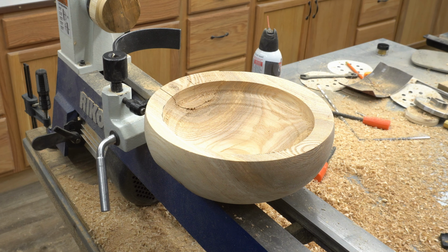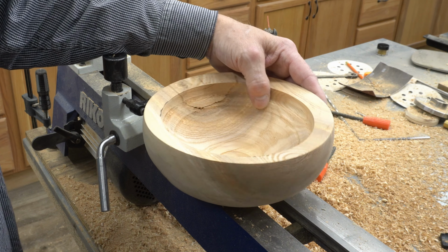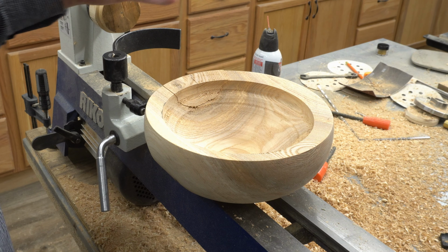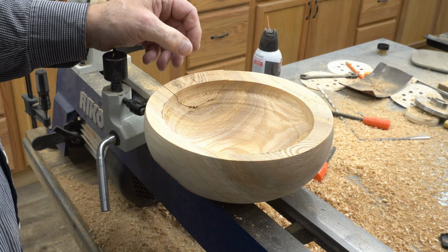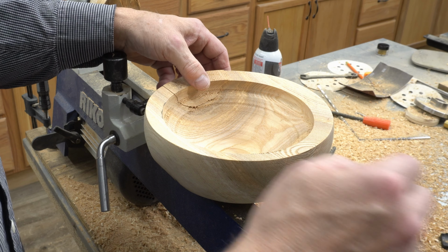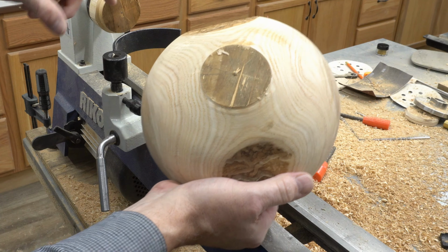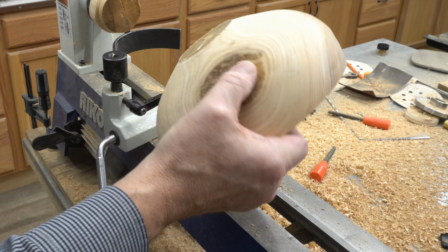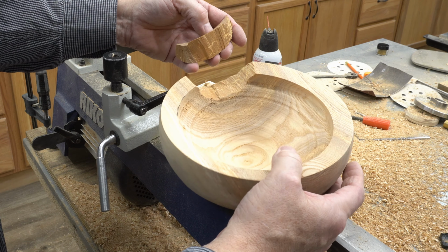I never have the camera on when something really dramatic happens. So I was going to move the camera to a different angle, and I shut it off, and I decided to take one more gouge into the bowl, and it bit at the end grain, blew a chunk out of it, tore it off the glue mount, and sent it flying. It didn't hit me in the face, thankfully, but now